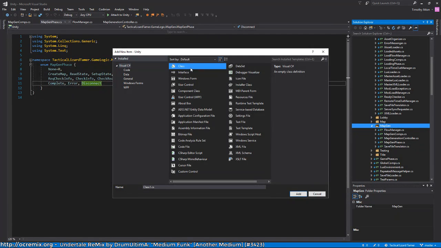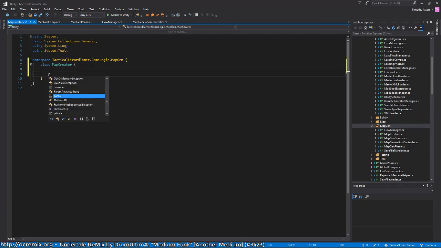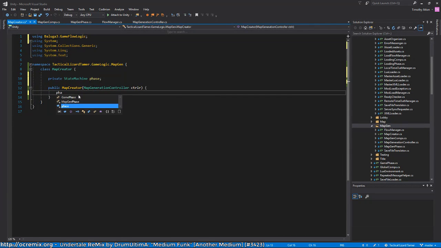Okay, so I'll just have this class, which would be the map creator. And its constructor will take the map generation controller. And it'll work a lot like other classes like this. I'll just take a state machine for the phase. And then when the correct phase is entered, it will do its job and then signal the flow manager that it's complete. So controller,